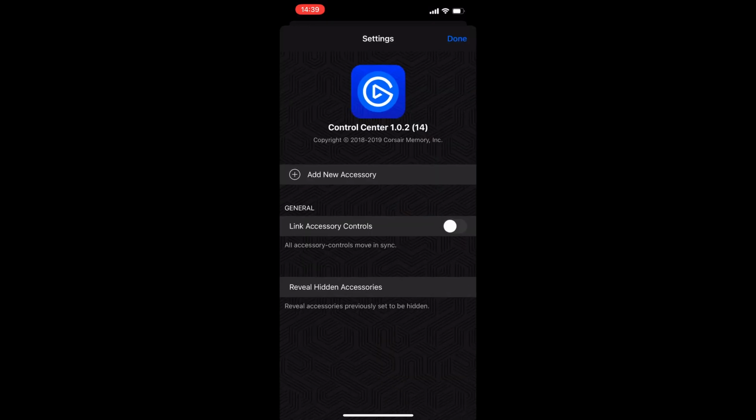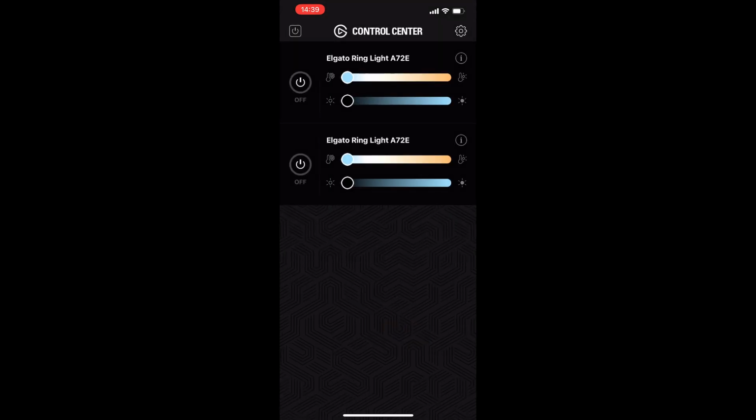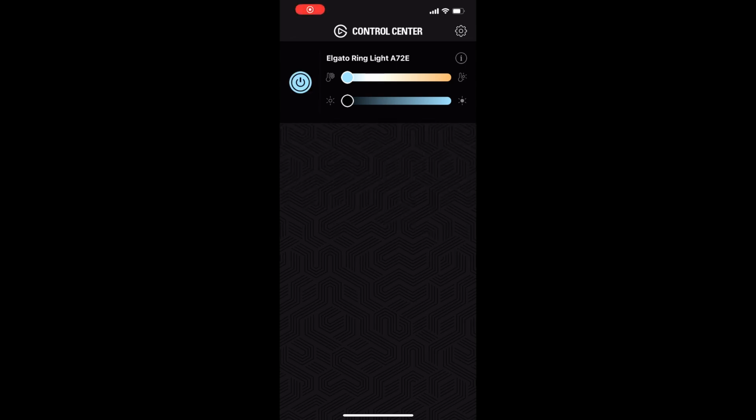So I realized I might have some old version of the Control Center, but I'm on version 102 build 14, and I didn't find any newer version. Hopefully Elgato is working on a newer version, but I realized I might actually need new firmware. And the firmware, I didn't find the ability to update from the iOS application. So I think it might be possible from the Windows application. So let me know in the comments if you faced a similar or different issue.